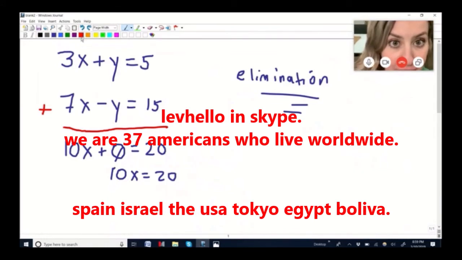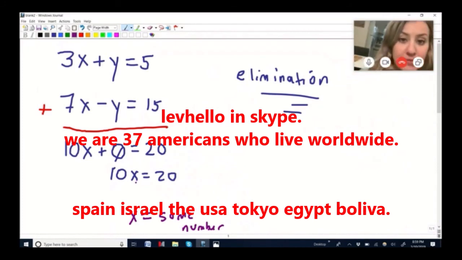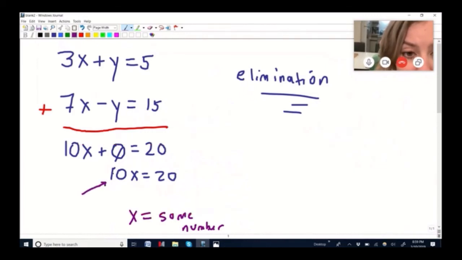But if you wanted to do it in a way that a teacher would typically recommend, they'd say, all right, our goal is to get x to be completely by itself. Like this is our goal. We want x by itself, and we want some number over here. And the way that I like to explain it is, we want to get this x by itself. Well, what's in the way of x being completely by itself? Clearly, we have this 10 right here. So that 10's in the way. So we have to get rid of that 10 somehow.